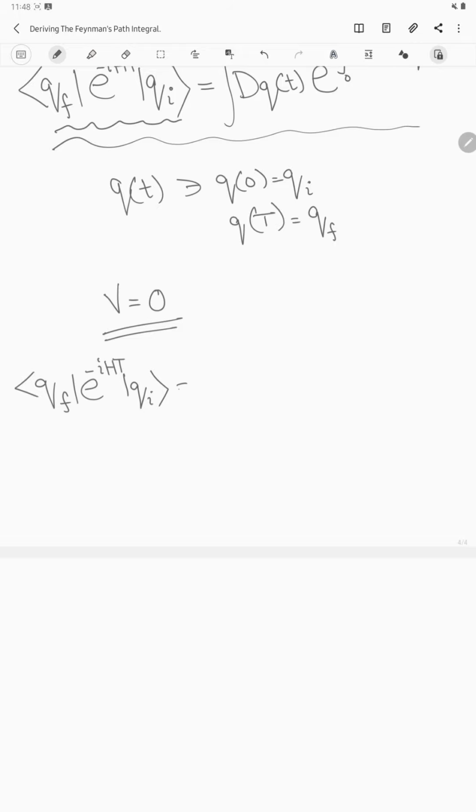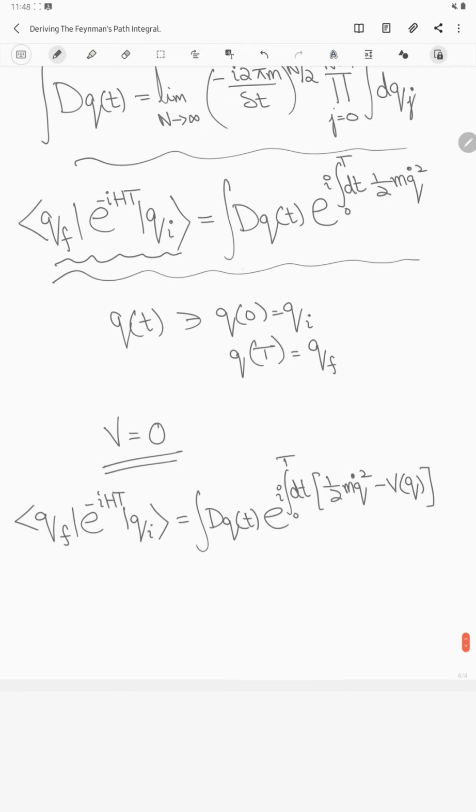This thing would simply have been the integral dq of t exponential iota, 0 to t integral dt, 1 half m q dot squared minus v of q, right? So it's exactly the same as this one with a factor of negative v of q added